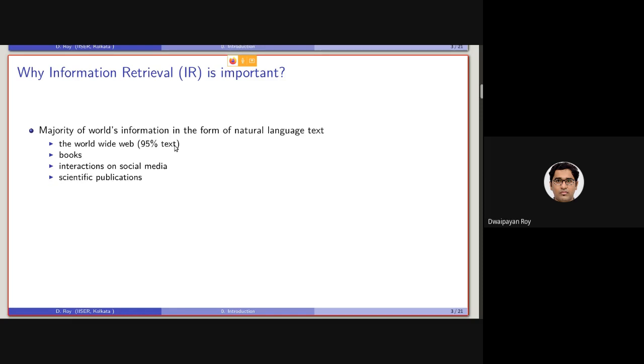Another resource contributing to the large information dump in the World Wide Web is scientific publications.